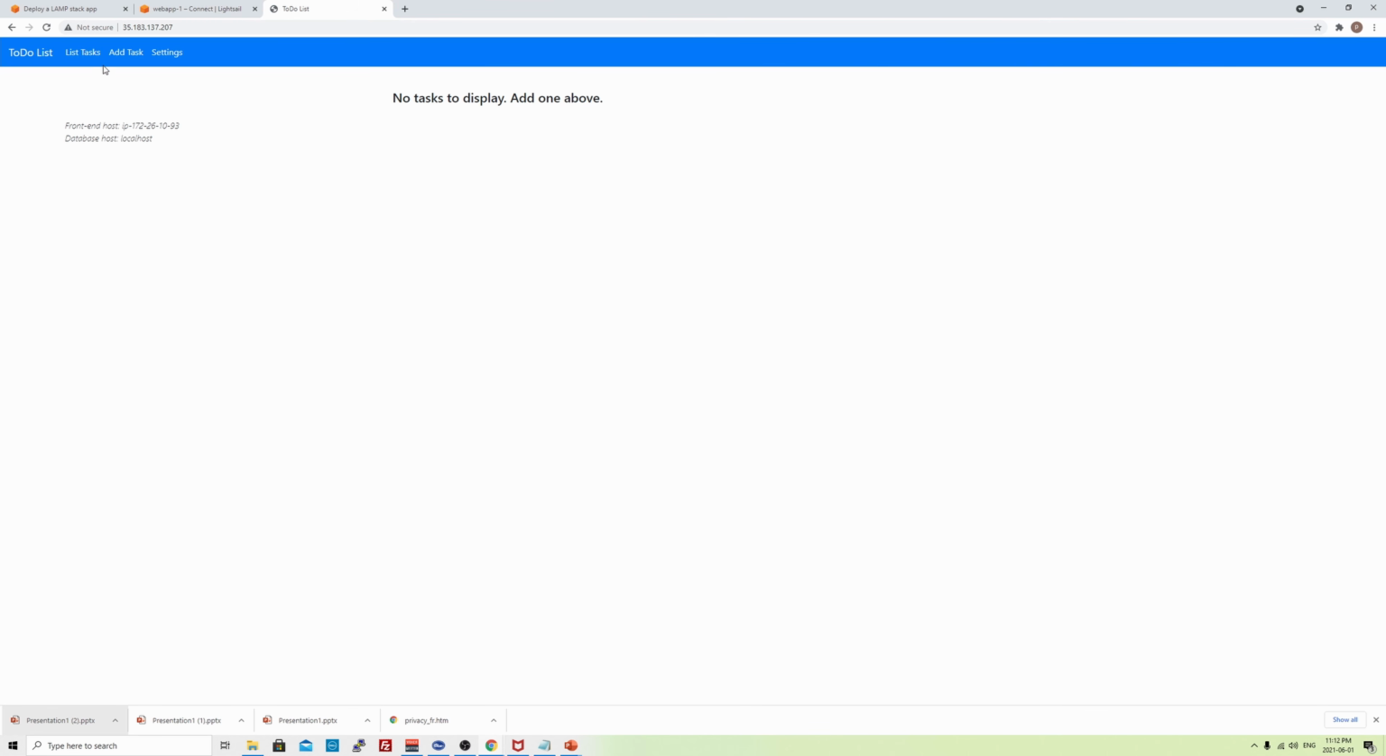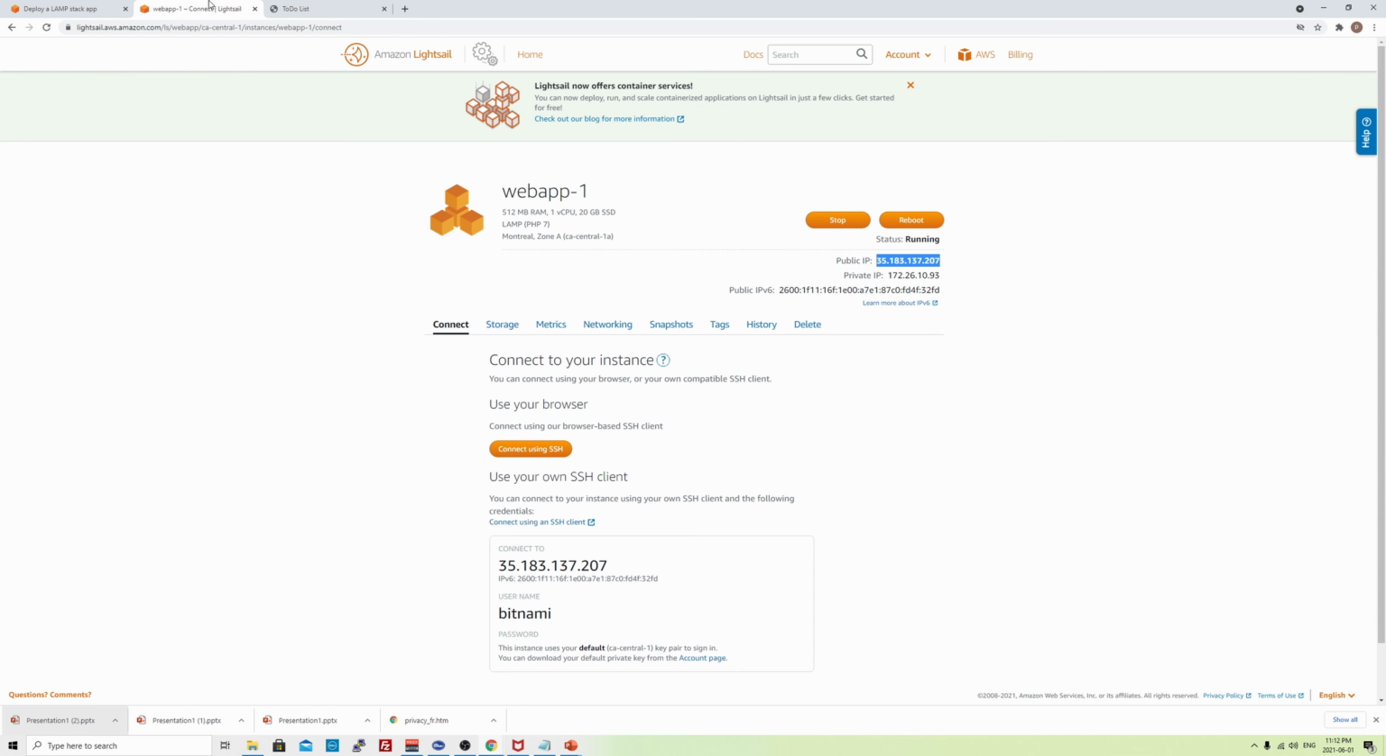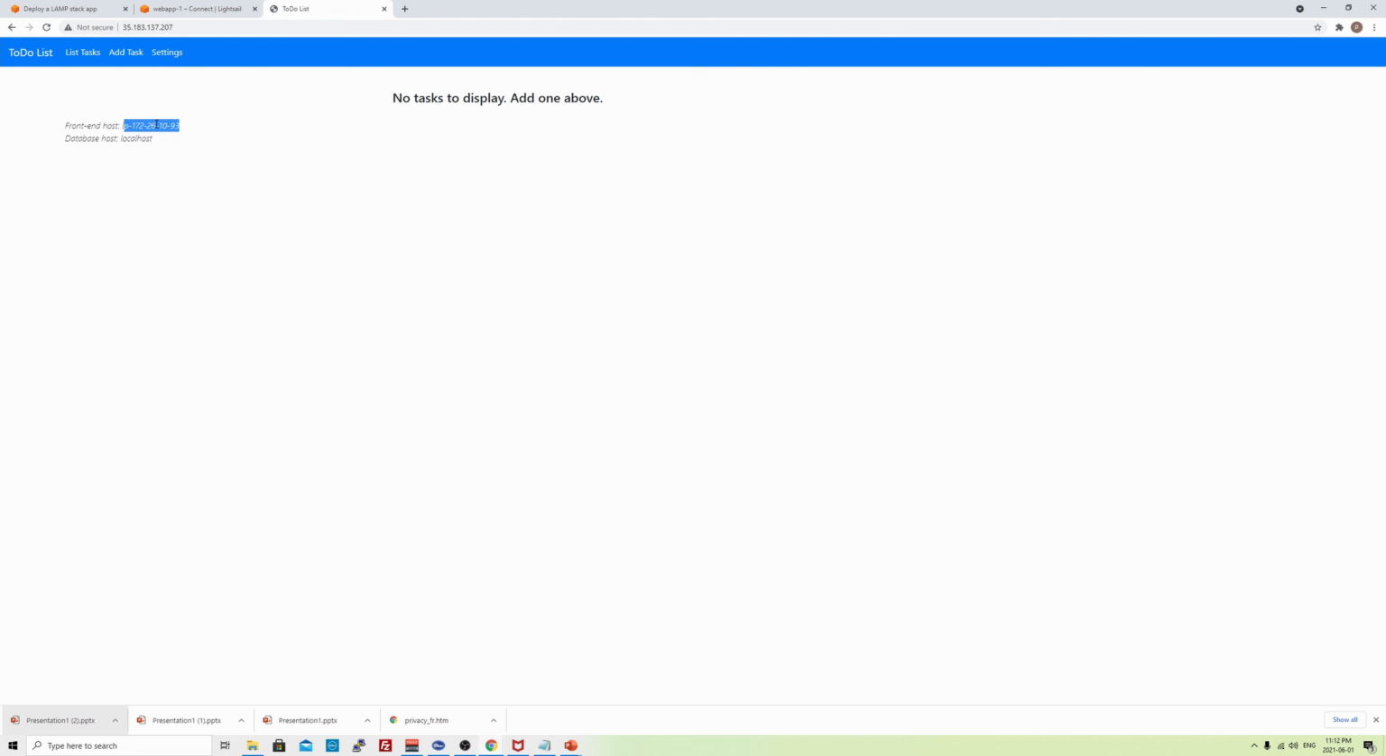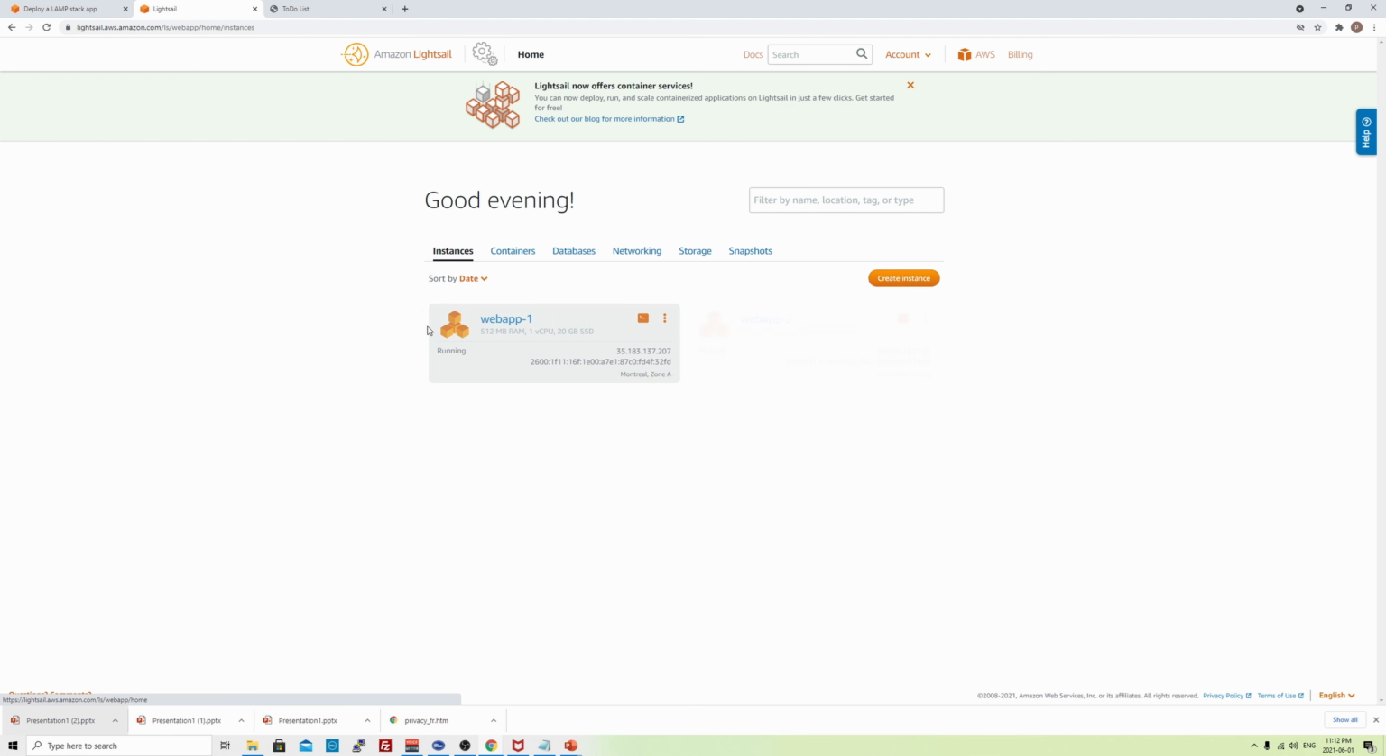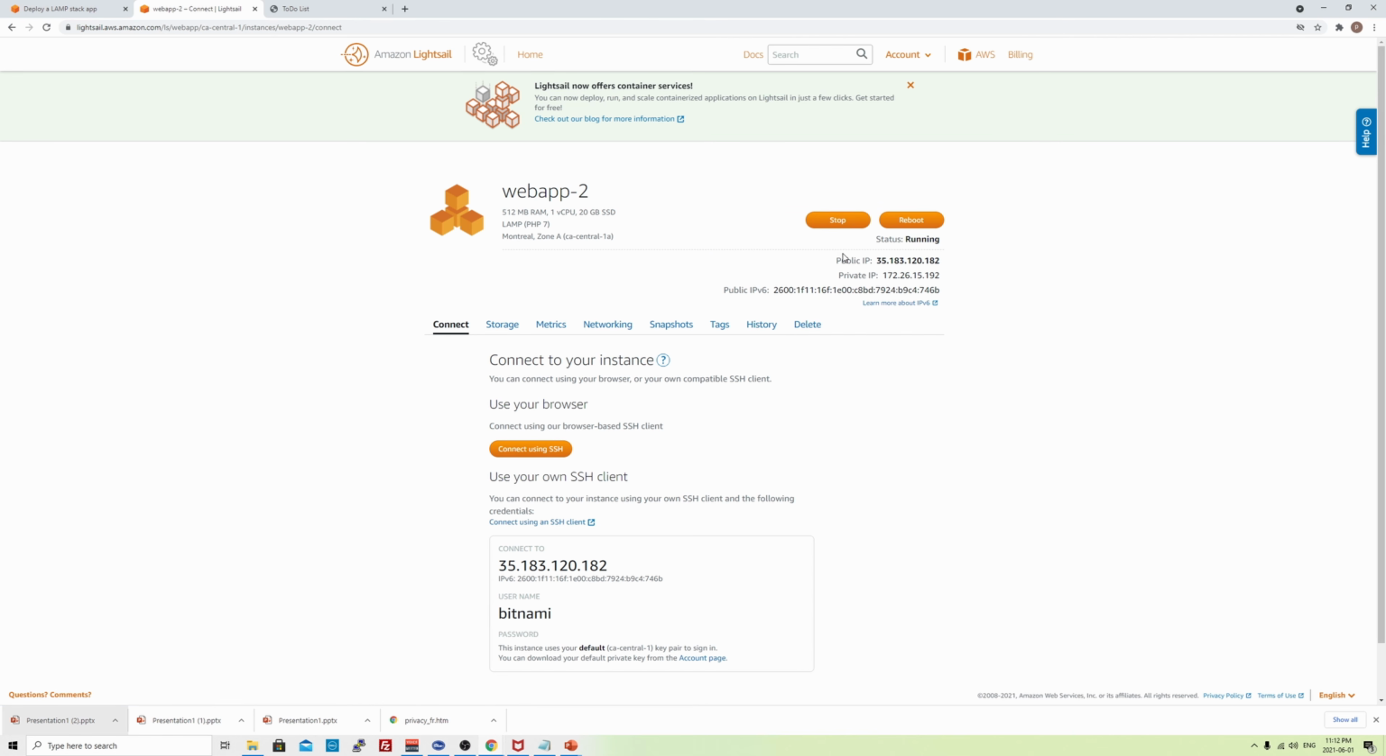Okay, so our sample code is up. We can see our PHP website over here, the sample website that we downloaded. Now it's showing front end host IP is this, which is our private IP 172.26.10.93. And if we see the second instance, which is this one, I'll just copy the public IP